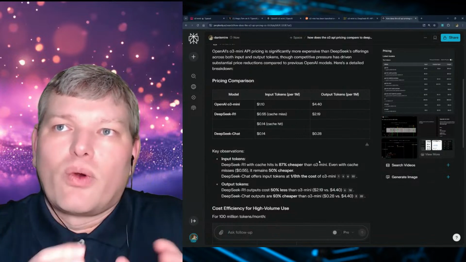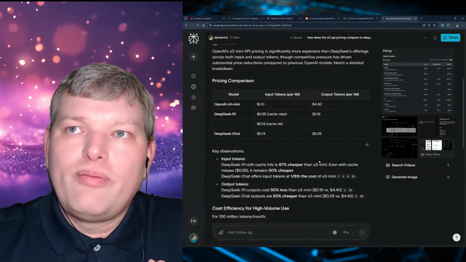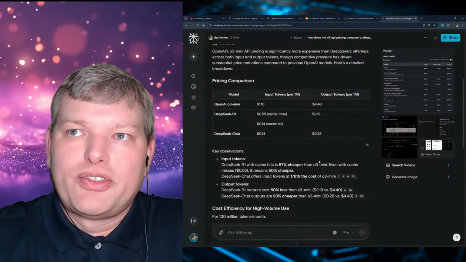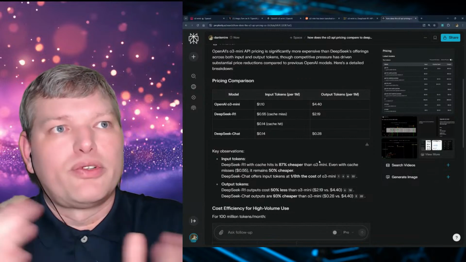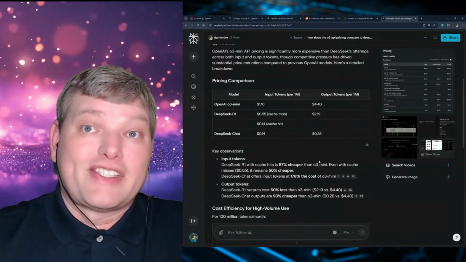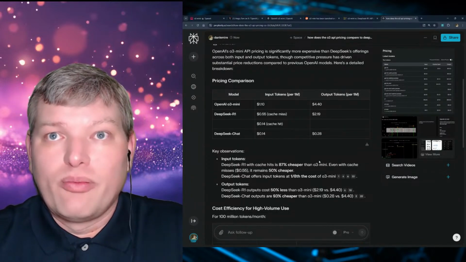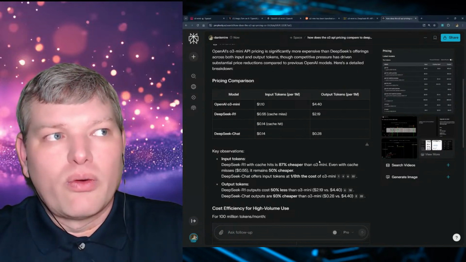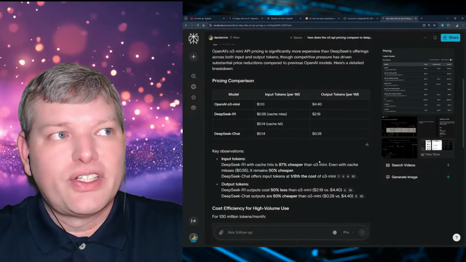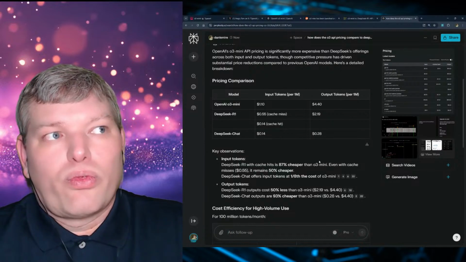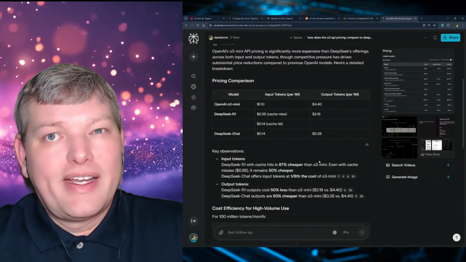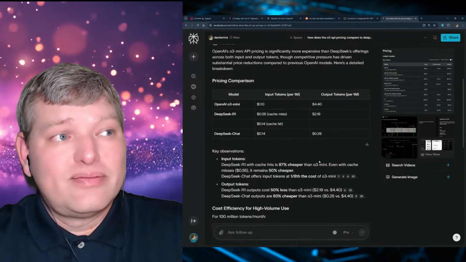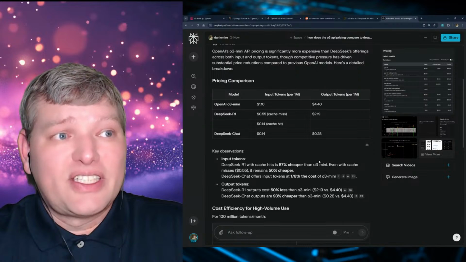When you look at where we are with o3-mini and the input and the output tokens, we're still very much levered toward output tokens because that is the more expensive part from an inferencing standpoint. But when we look at where we are with DeepSeek versus o3-mini, it's still quite a distinction, right?